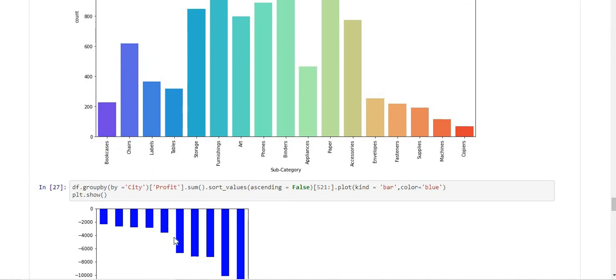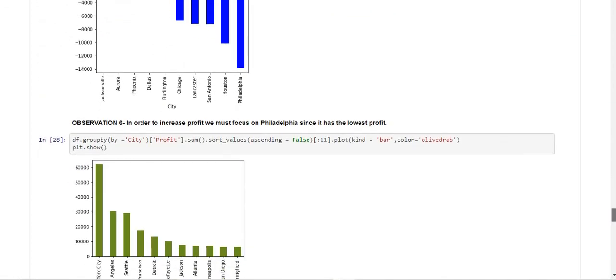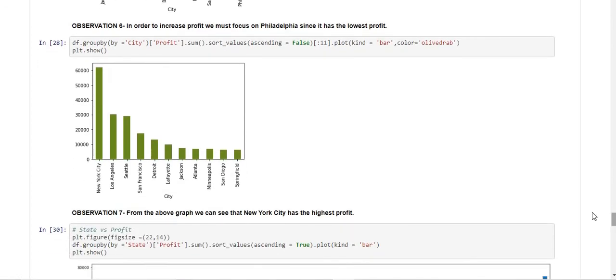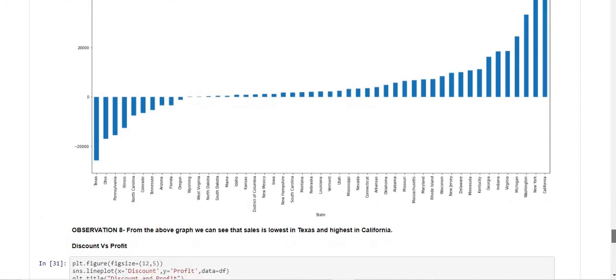Then we draw a bar diagram for the profit variable on different cities and see Philadelphia has the lowest profit, which is minus 14,000, and New York has the highest profit, which is 60,000. Again, we draw a bar diagram on the profit variable for different states and see